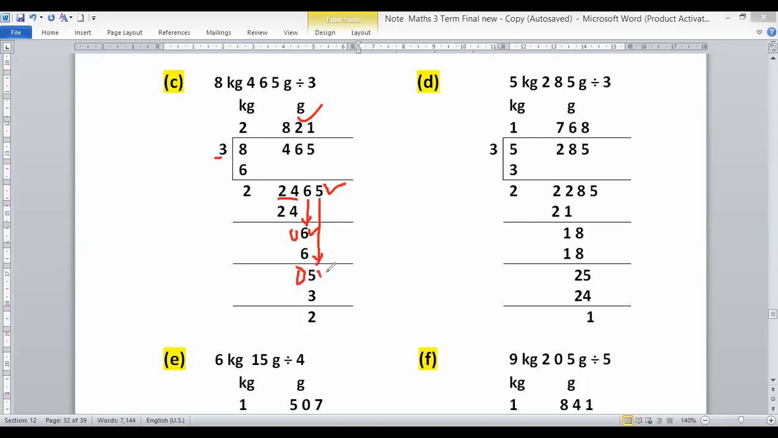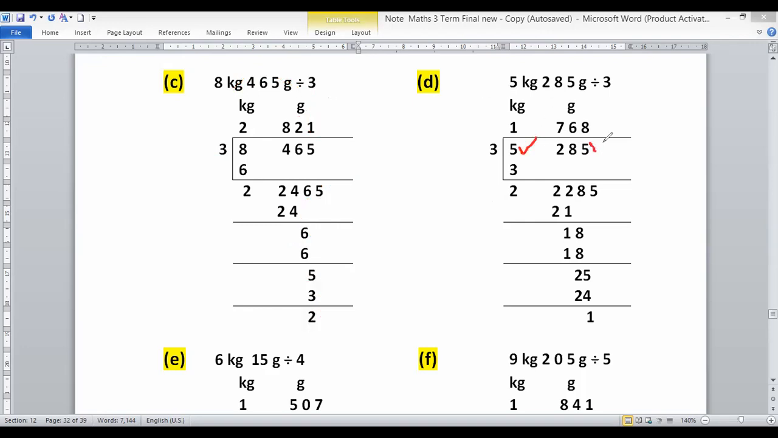Shift the last digit, which is 5. Divide 5 by 3. 3 ones are 3. 5 minus 3 is 2. It means our remainder is 2 grams. These are grams. In this way,